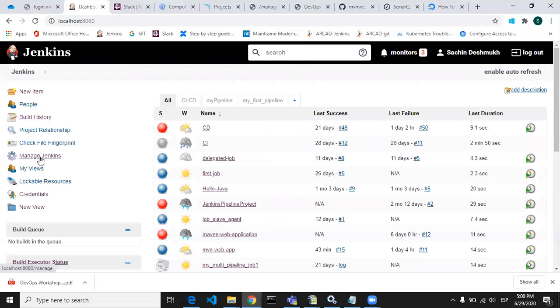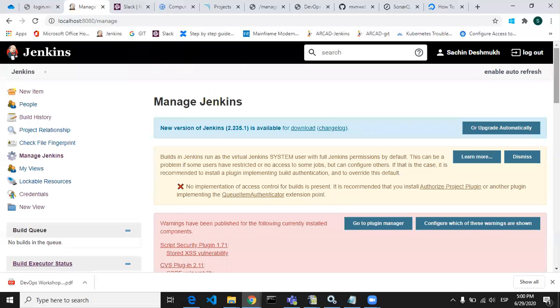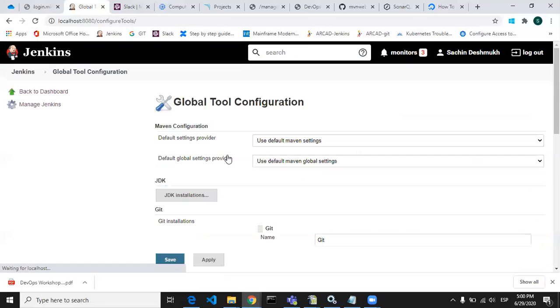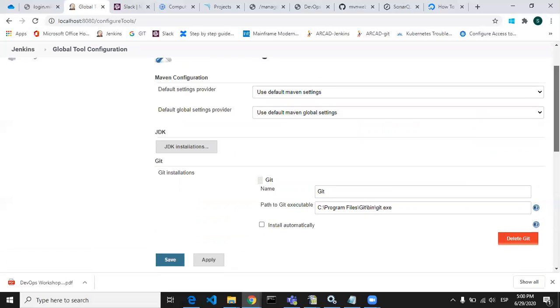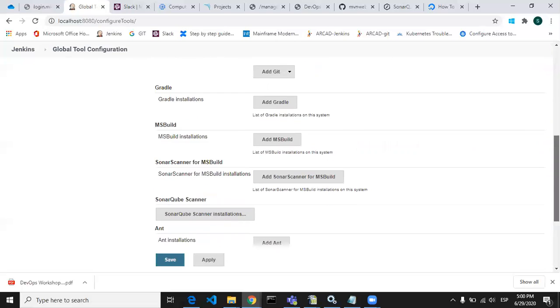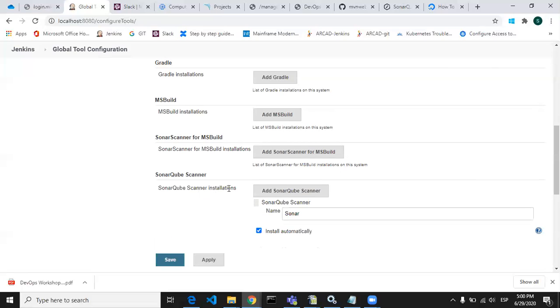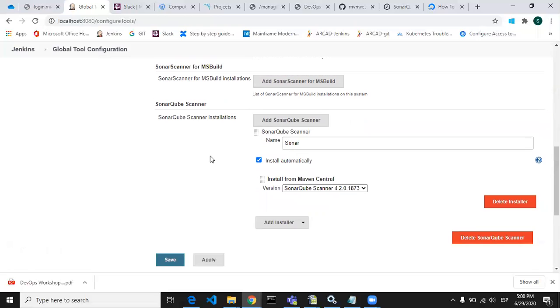Then let's go to Manage Jenkins, Global Tool Configuration. Here search for SonarQube Scanner. Once you click on SonarQube installation, it will ask how Jenkins should run this job for SonarQube, since you need to have SonarQube installed. Either you can give the path of your SonarQube installation, or you can click on install automatically.